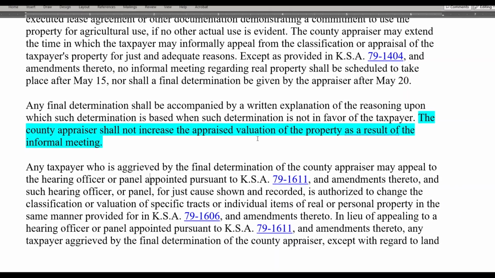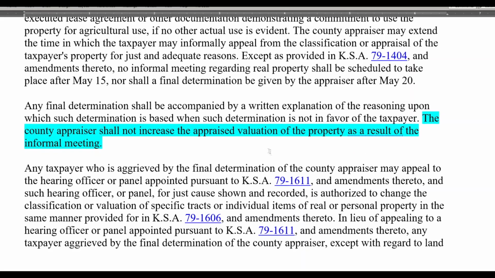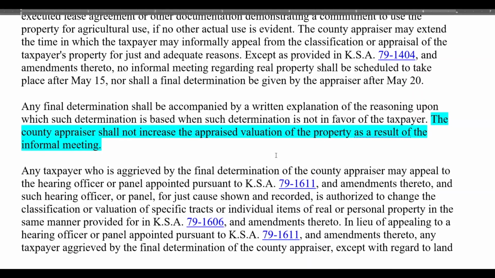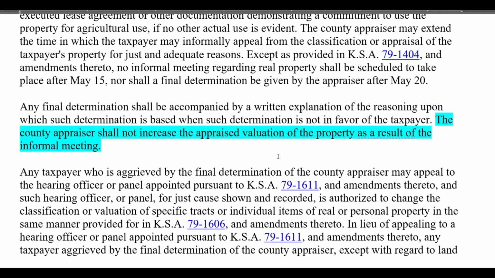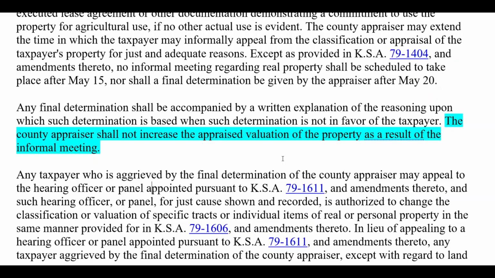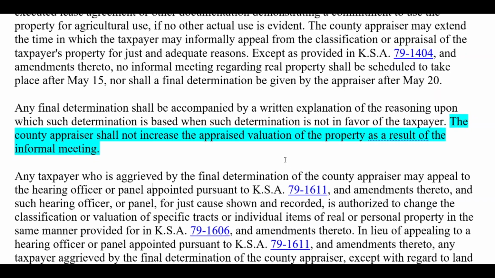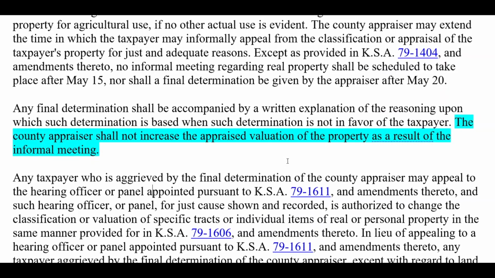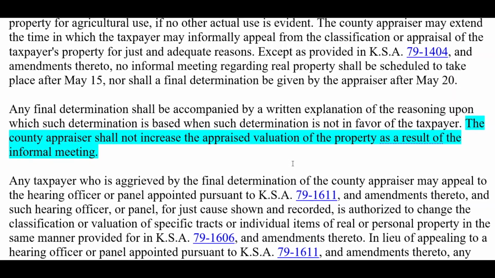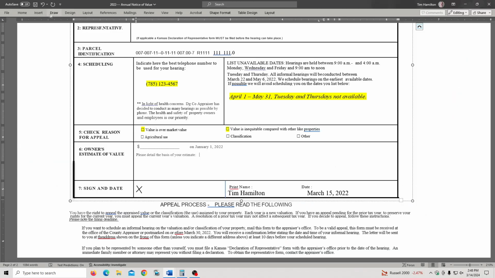The county appraiser shall not increase the appraised valuation of the property as a result of the informal meeting. So you can rest assured that you have everything to gain and nothing to lose. They're not going to raise your value based on that meeting, because by statute they're not allowed to do it. So all the more reason to feel comfortable in appealing your taxes.